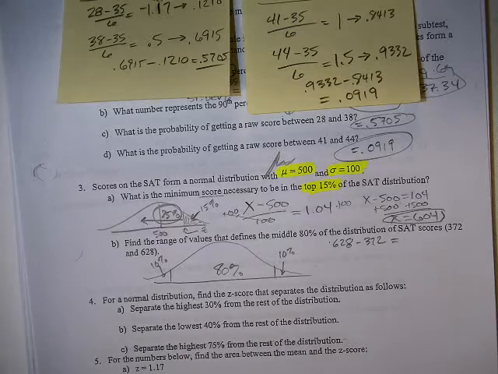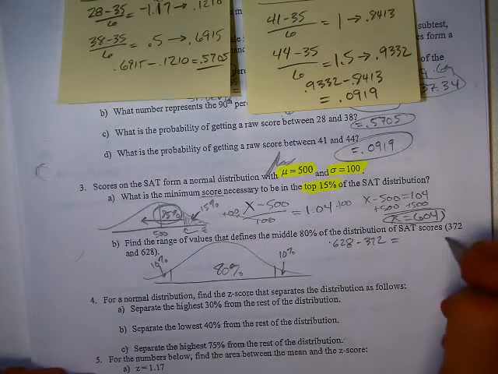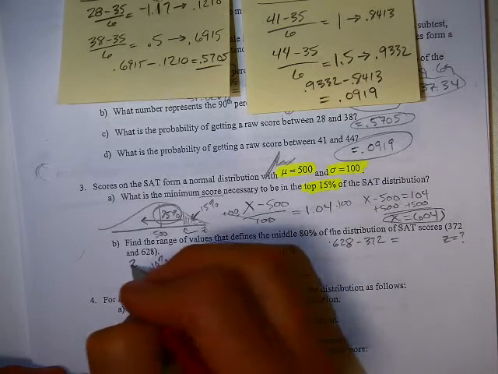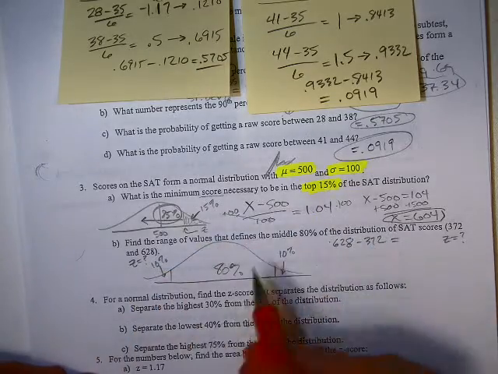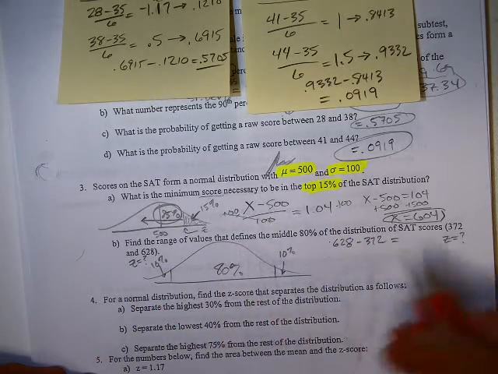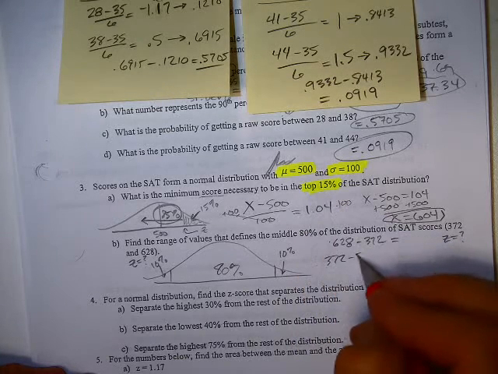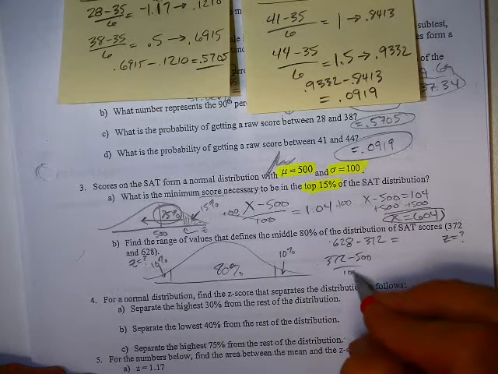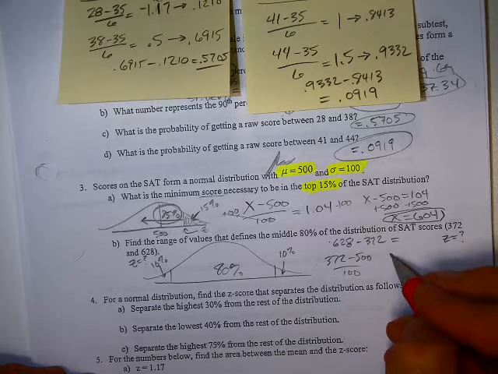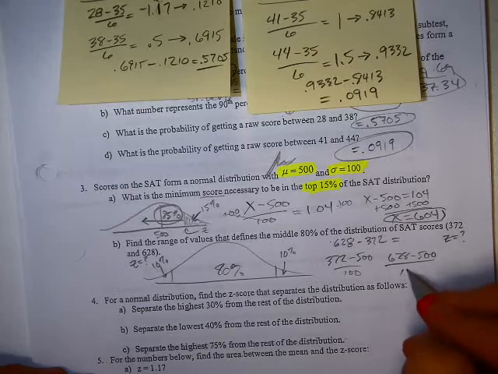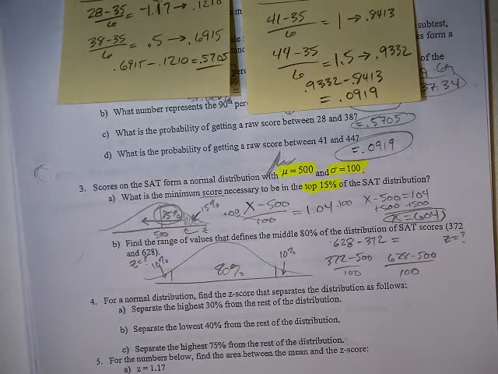But I thought that this was too easy, so what I changed this, I asked you guys to find me the z-score for each of these. And you can do that using our standardizing formula by going 372 minus the mean, 500, divided by 100, and then do that again for the 628. But I think that's the hard way, and I'd rather you do it not the easy way because it's easy, but the easy way because it's